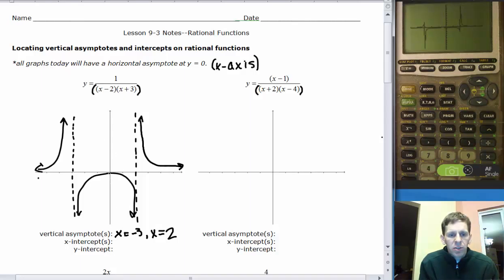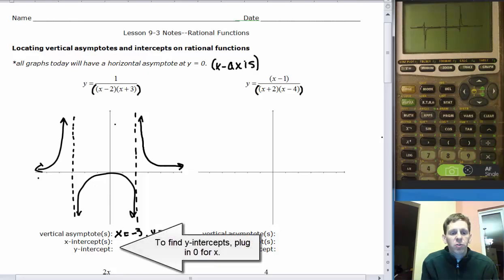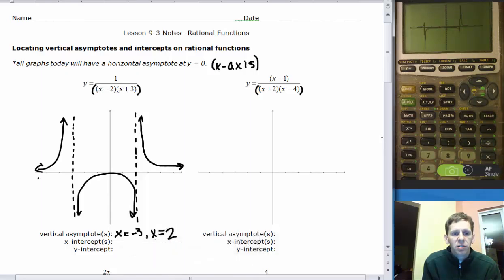There is a y-intercept, and if you're wondering where that location is, it appears to be right below the x-axis. What you can do is always plug in 0 for x to find the y-intercept, because the y-intercept is located where x equals 0. And if you plug in 0 for x here and 0 for x here, what you'll actually end up with